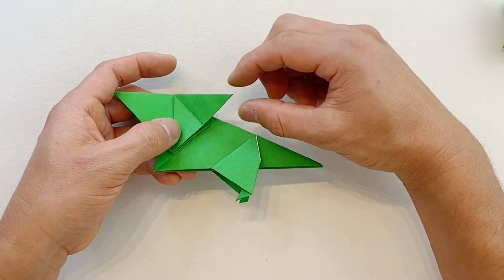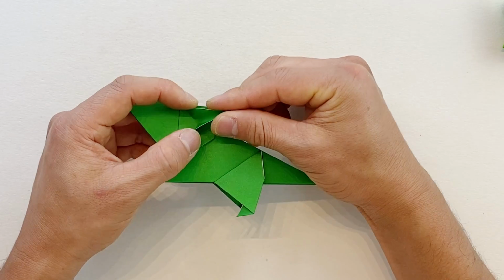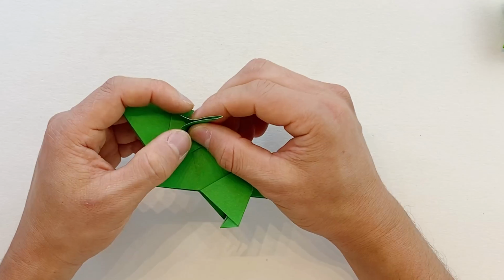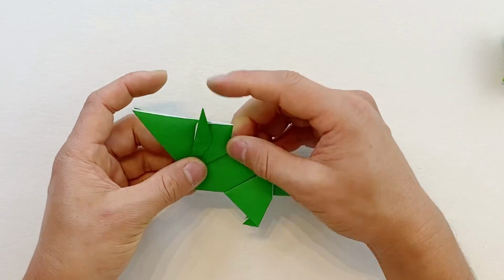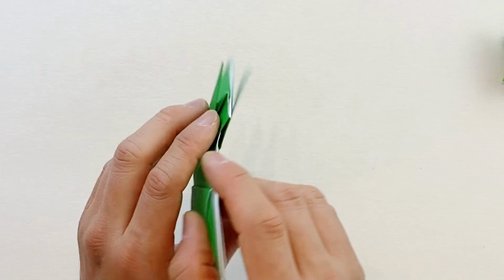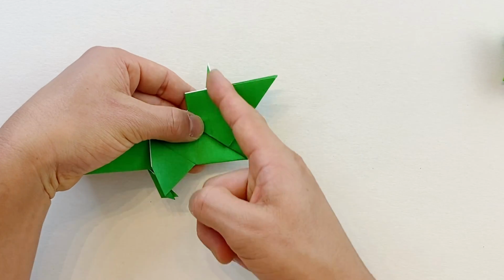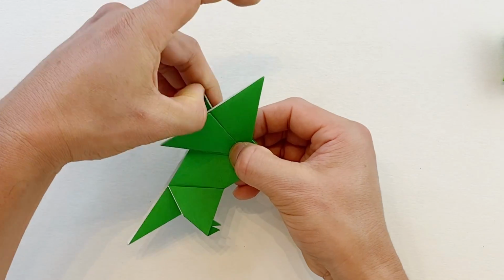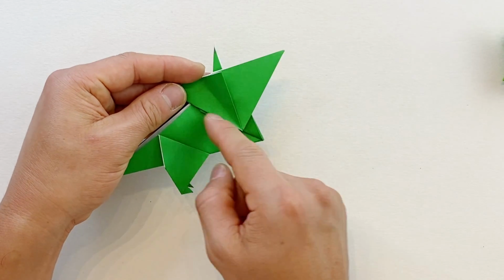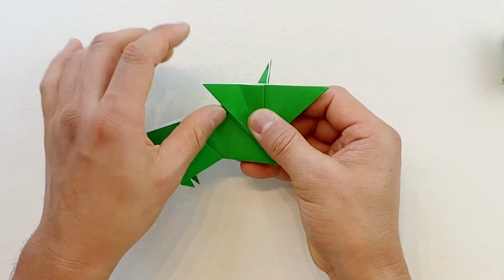I'm going to bring these 2 lines together, folding in the middle, like this. And as I do that, it kind of naturally folds down like this. And then you have one of the horns. I'm going to flip to the side and do exactly the same thing. So this flap, I'm going to fold perpendicular to this line from this point, like that. Then I'm going to bring this line to this line, like this, and open, and this line to this line,